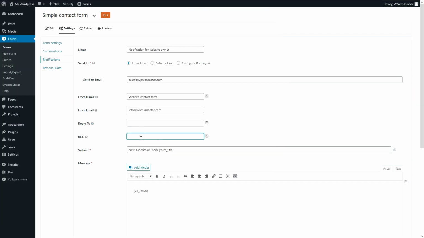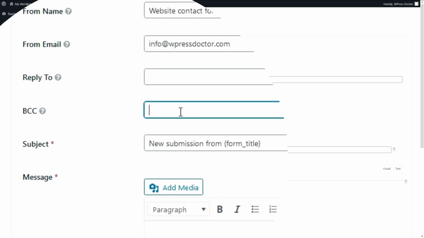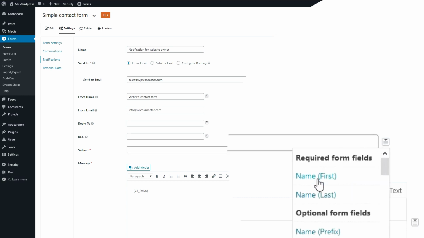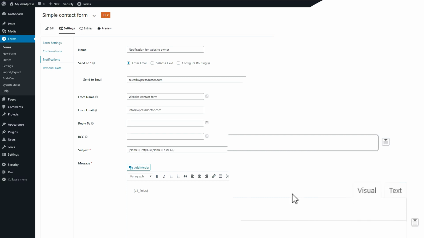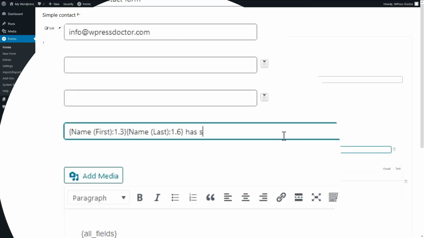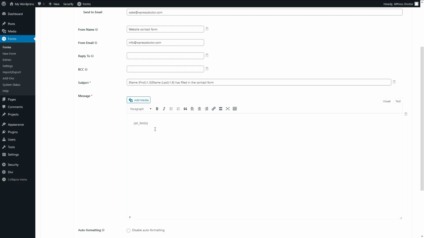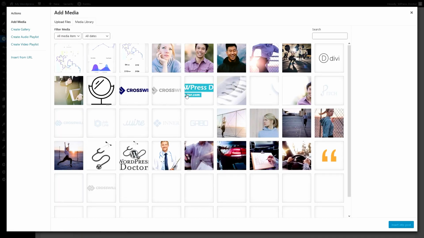Reply to, you can leave it empty. In blind carbon copy, you can enter another email. That's alright. Let's make the subject a bit more interesting. So we want the first name and the last name as filled in the contact form. And the message has to contain all fields. That's nice, but let's make this email a little bit more fun to see.